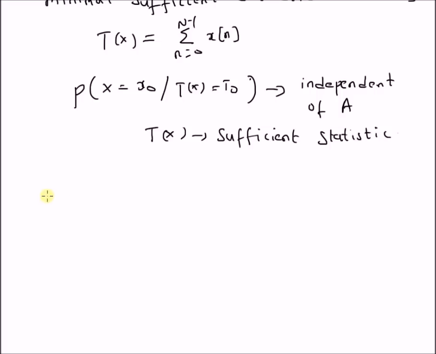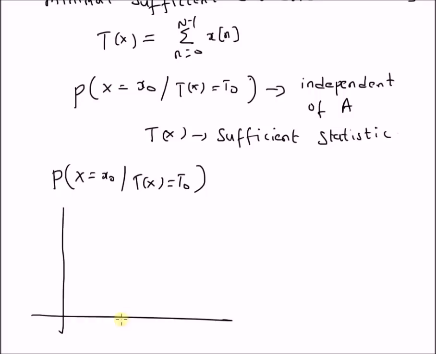That is, if the conditional distribution P of x equal to x naught given t of x equal to t naught has the following structure as a Gaussian distribution, and the value depends on the parameter A, then clearly t of x is not a sufficient statistic for estimating